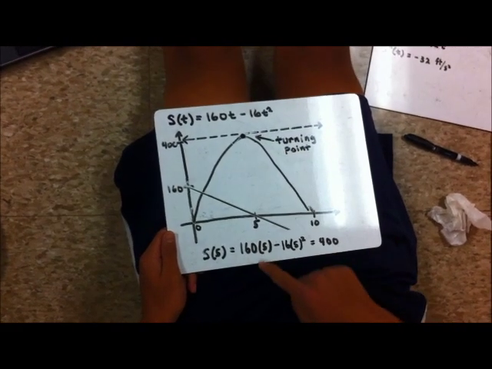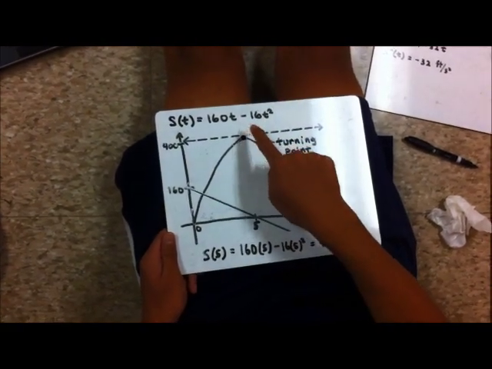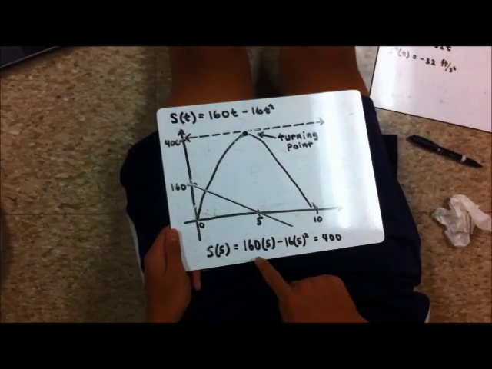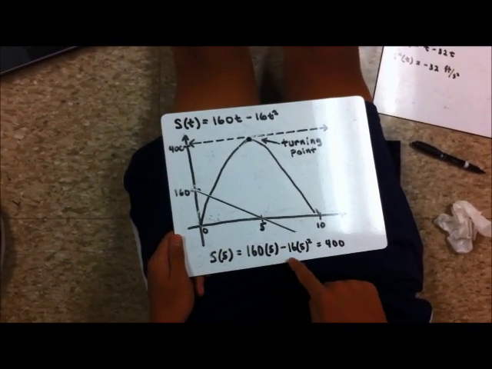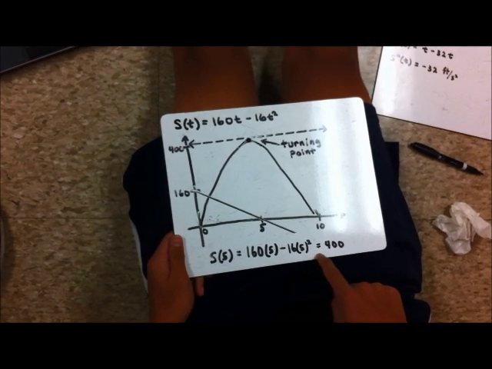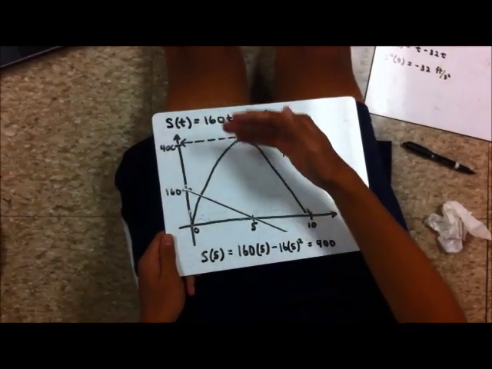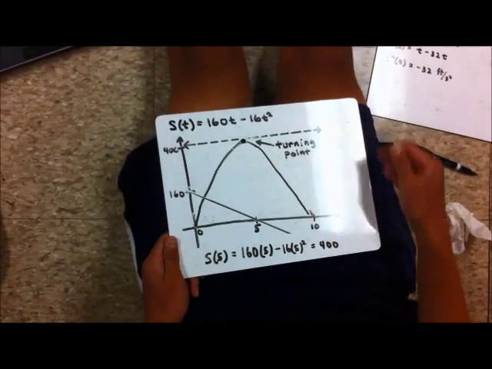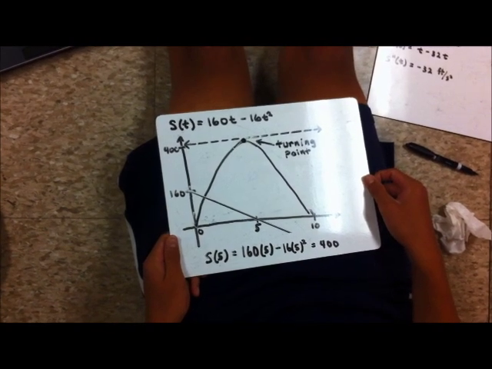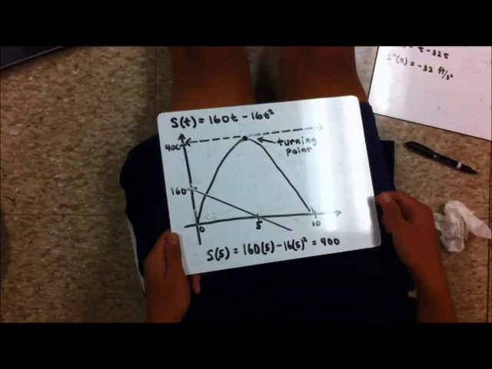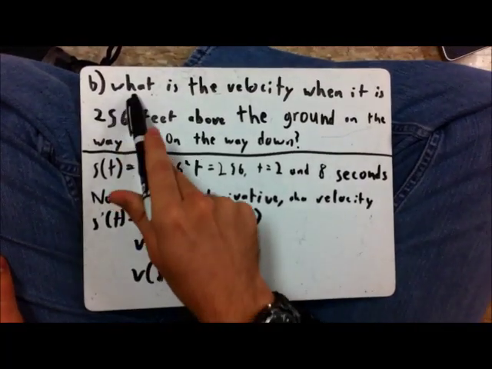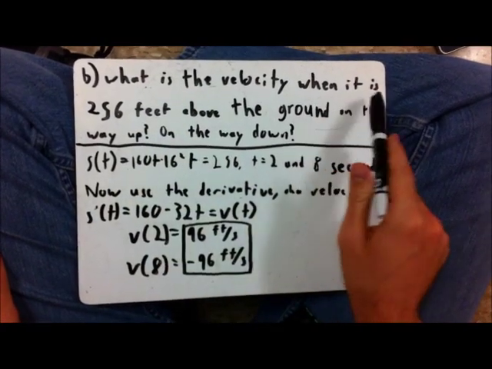And so if we plug in 5 seconds into the original equation, we see that 160 times 5 minus 16 times 5 squared equals 400. So our total height is 400 feet for how high the rock reaches. Part B, what is the velocity when the rock is